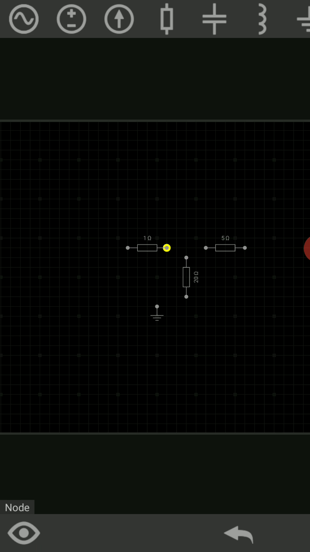Okay, so if I want to join this, I should select this node, I should click at this node, and then I should click at another node, then it gets connected. So this way these resistances are connected. Okay, so this is one linear network. To this linear network I will connect input, and I will connect something at the output, then I will interchange it so as to verify the reciprocity theorem.